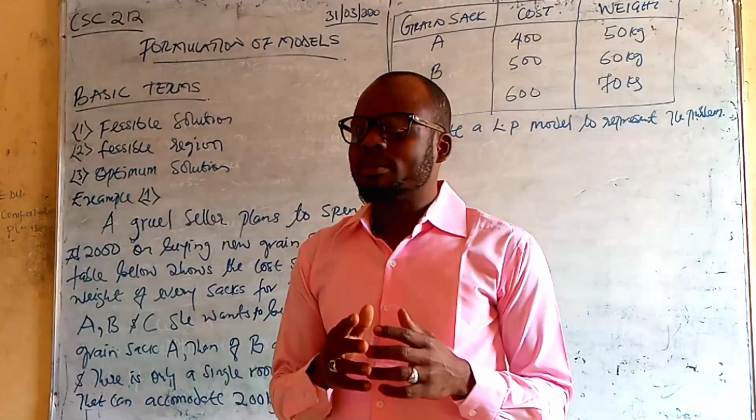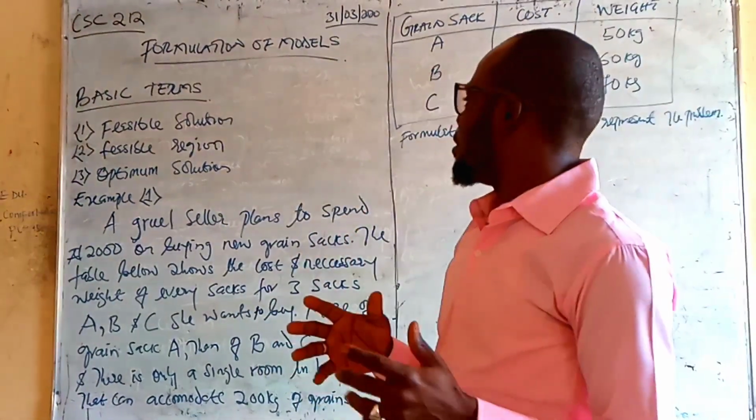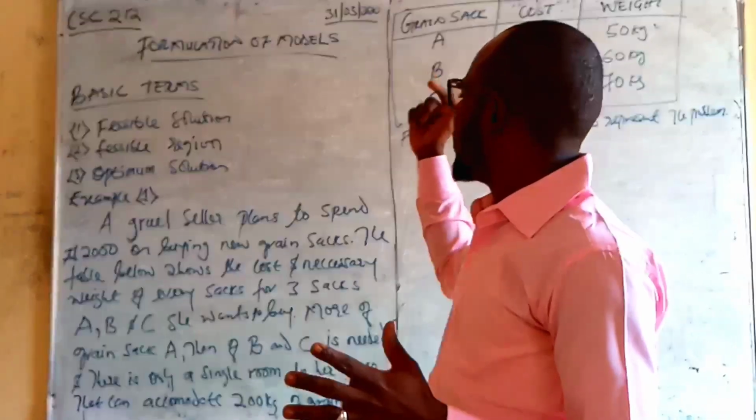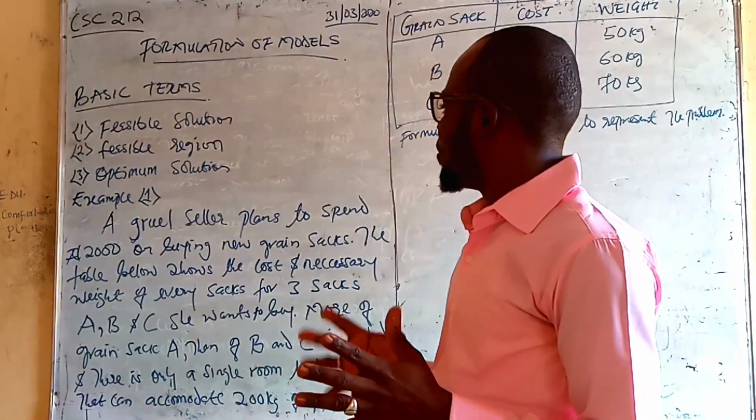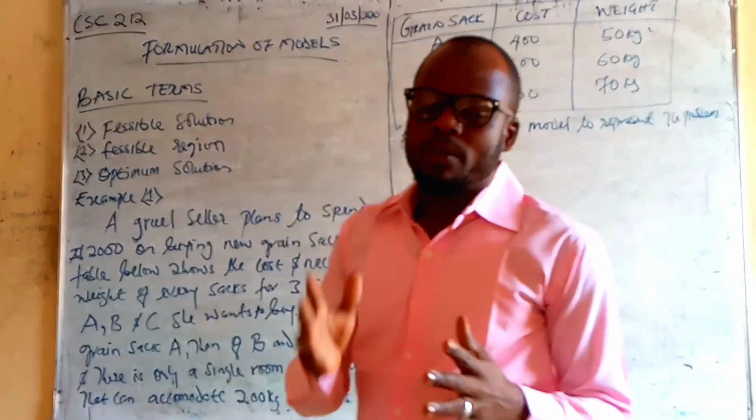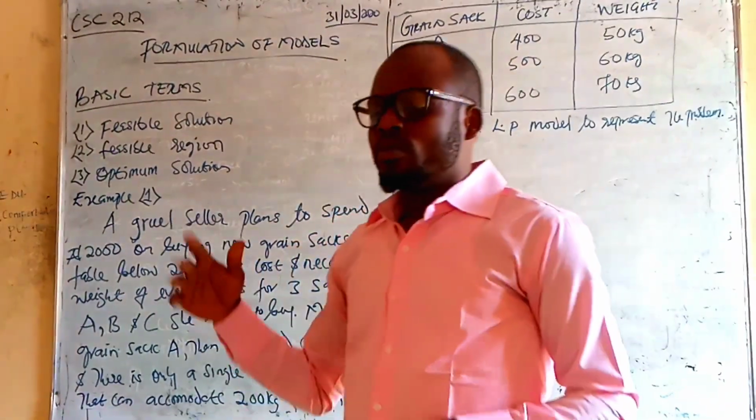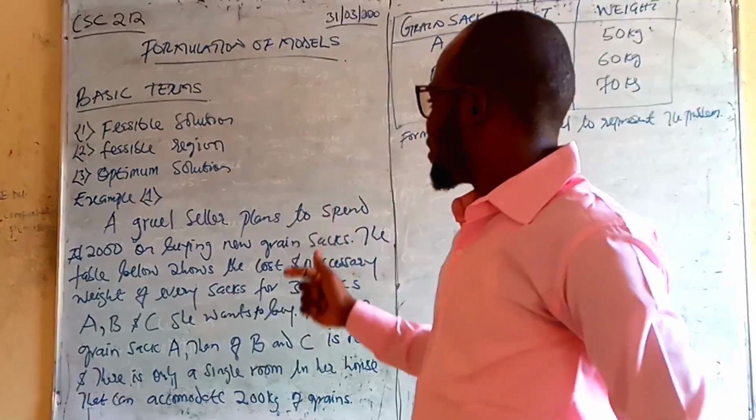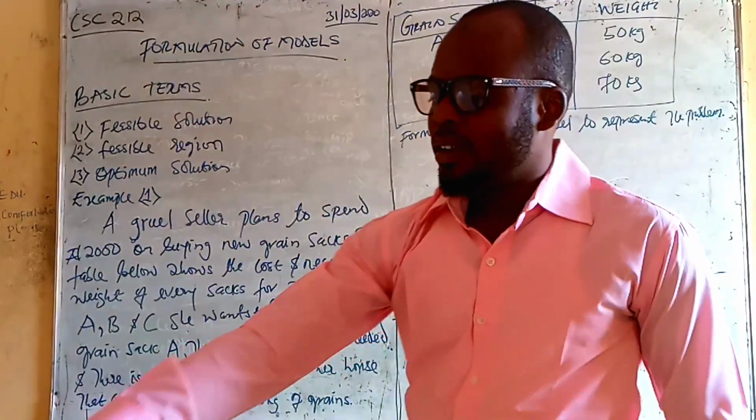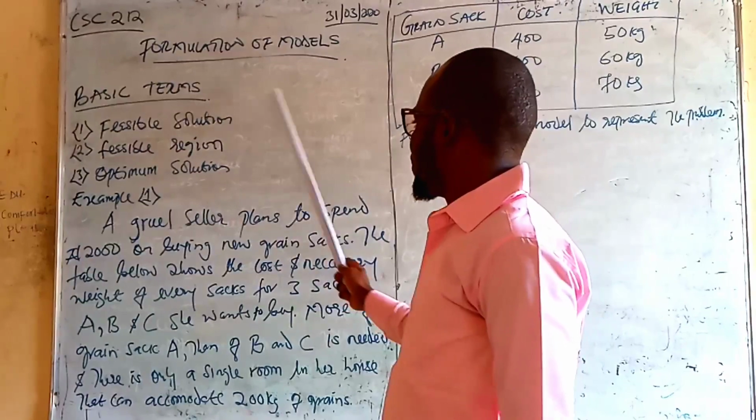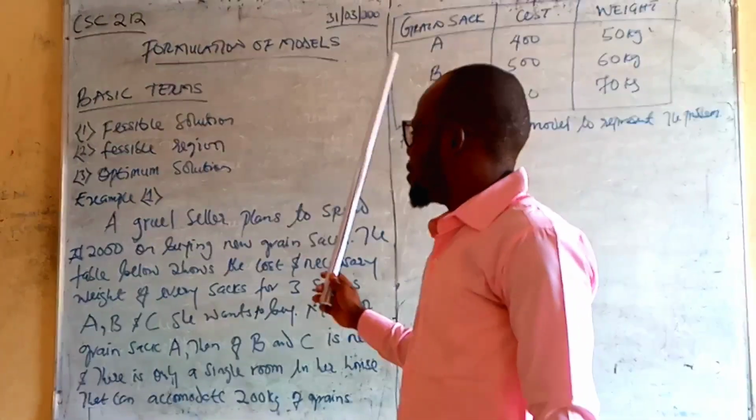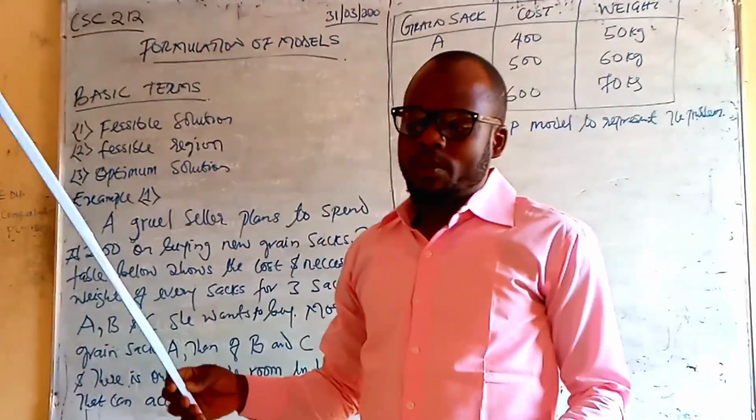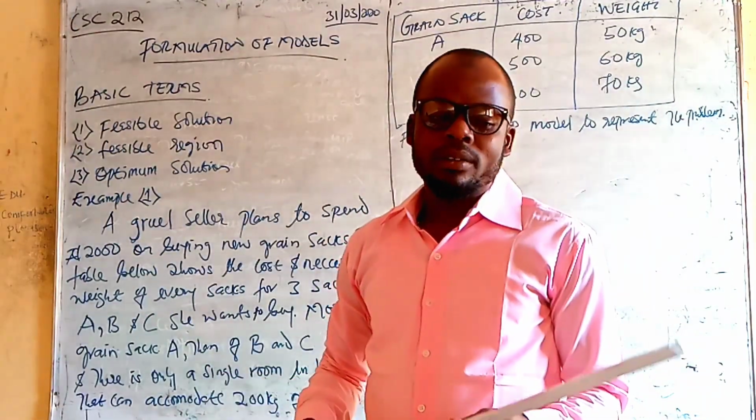So today's lesson, we are going to see how we are going to start formulation of models regarding linear programming activities. But before then, I would like to explain a little bit of some basic terms. Number one, the feasible solution. What is a feasible solution? A feasible solution is nothing but a specific value of the variables that